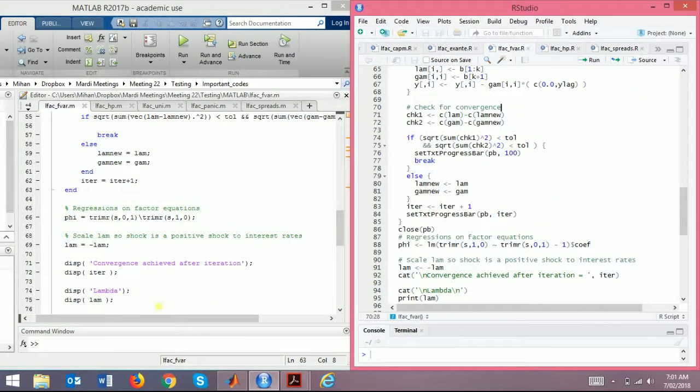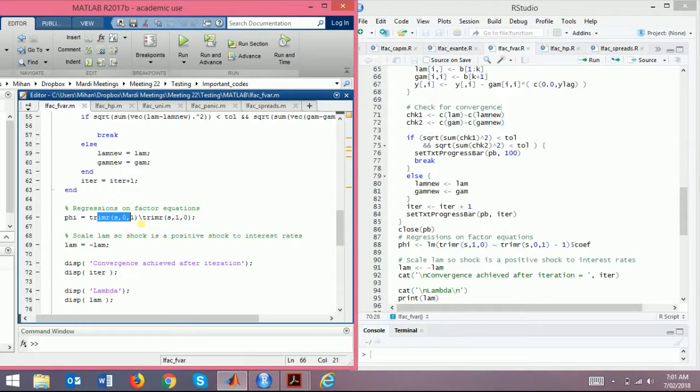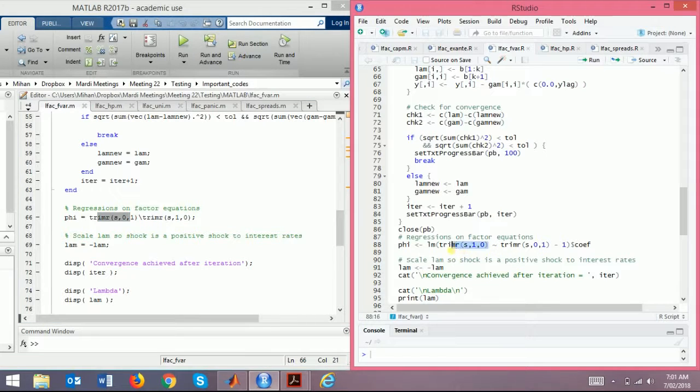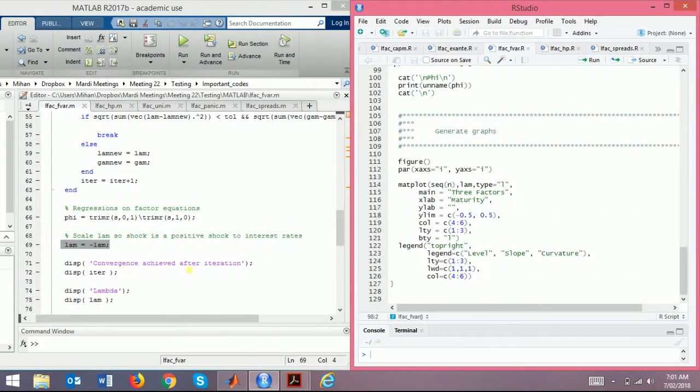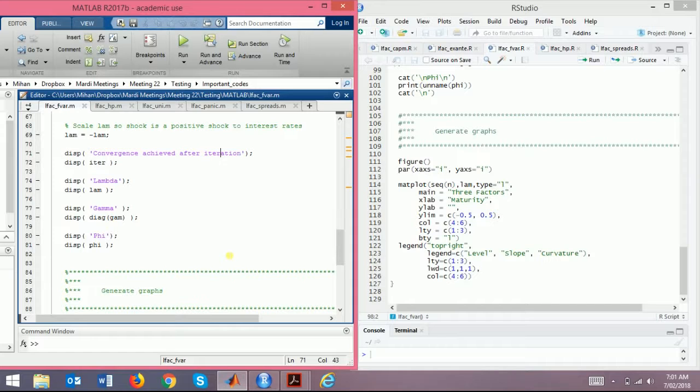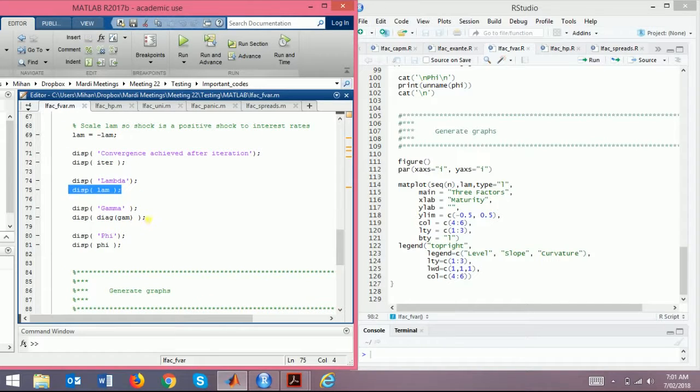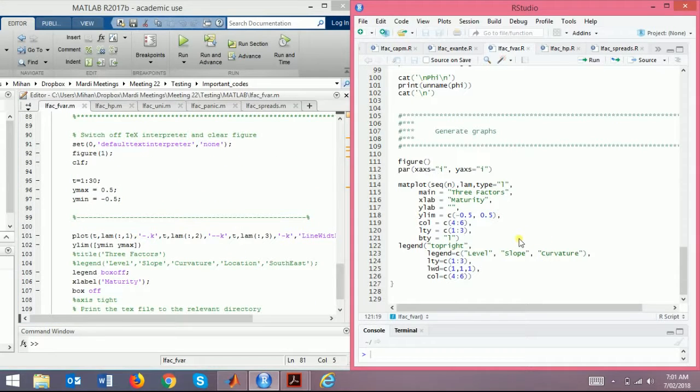So now we do regression. As we have found the values, we are going to simply find phi, and phi is simply s t minus 1 regressed on s t. So s t regressed on s t minus 1, the coefficient is phi. So scale lambda, so the shock is a positive shock to the interest rate. So we're just going to scale lambda for a positive shock. Basically this is beautiful. Lambda is being scaled, the gamma diagonal elements are taken of the gamma because gamma is a matrix, phi, and we're just going to graph